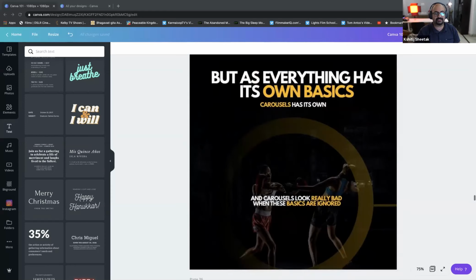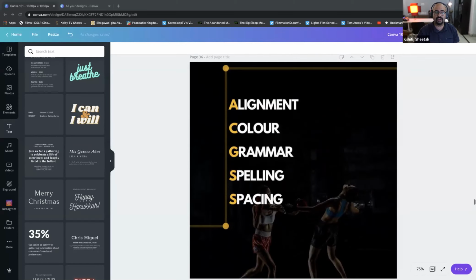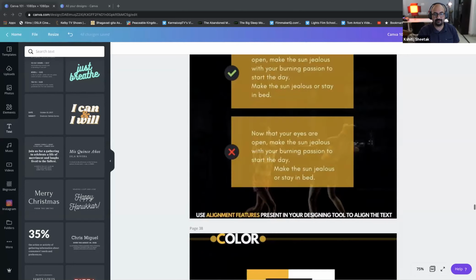So first things first, like everything, carousels have their own basics. There are a few rules that you need to follow: alignment, color, grammar, spelling, and of course spacing. All these 5 elements are very important. If you start following them correctly, they will help you. First of all,